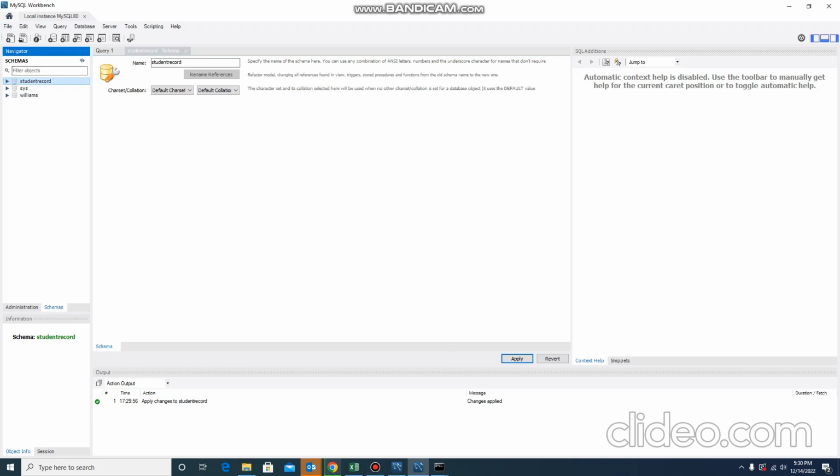Maybe you're working in a company, you're in HR, and you want to prepare staff records for employees. The same steps apply. I'll right click on the left schemas column, on any of the databases, and say Create Schema. It brings up a new schema, and I can name it employee record. Or maybe we are an engineering company, and we have staff who are working on our construction service. They're constructing a road. So I can say